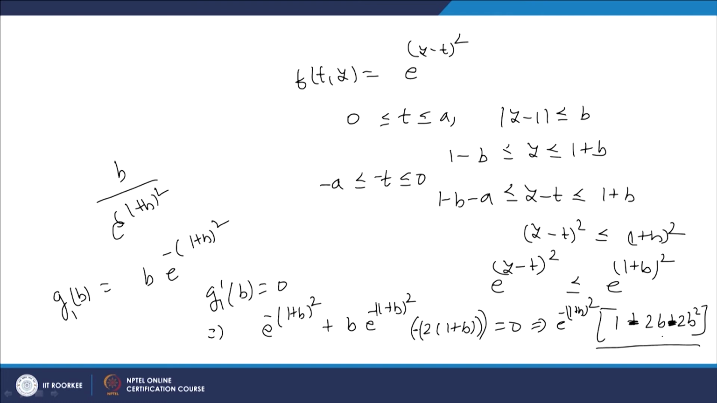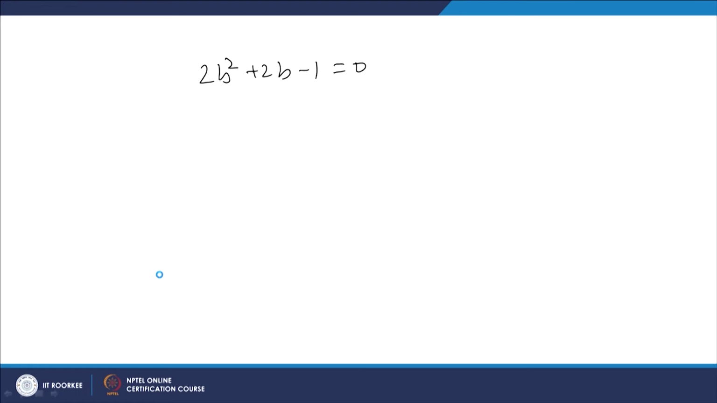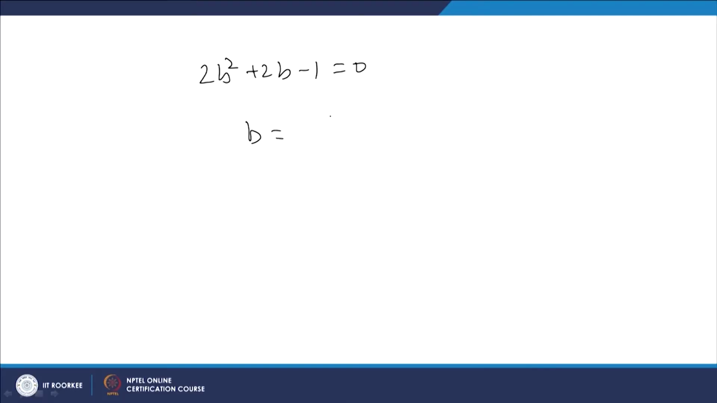Now, what is this value? Here we have 2b square plus 2b minus 1 equal to 0. So, it means that b will be a zero of this provided that 2b square plus 2b minus 1 is equal to 0. So, it is a quadratic equation and we can easily find the root of this, and if you look at the root, b is given as minus b, that is minus 2 plus or minus